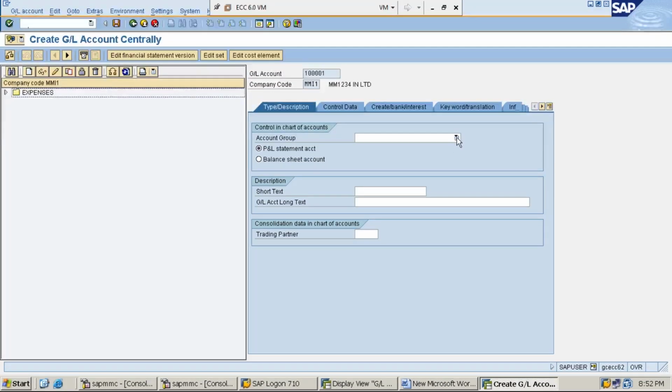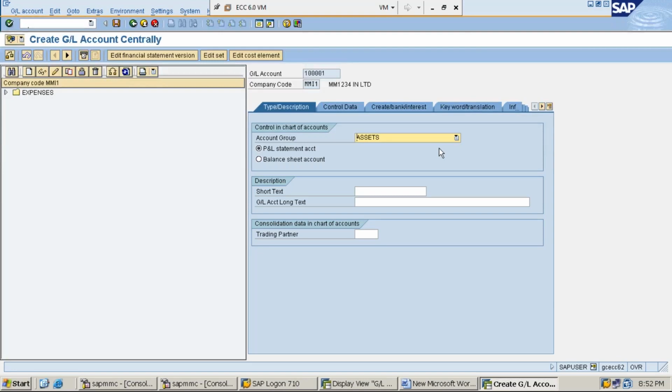Click on this account group icon here. Which account group should I select now? Assets. So select the assets account group.